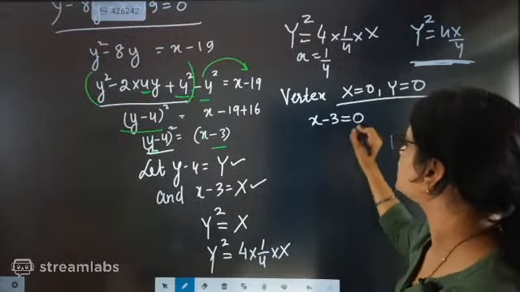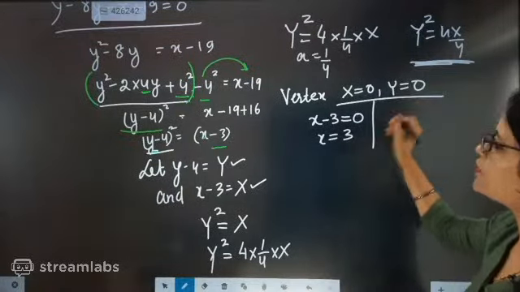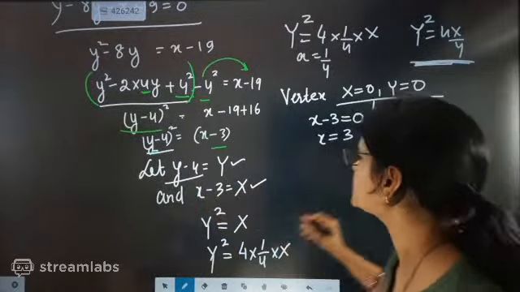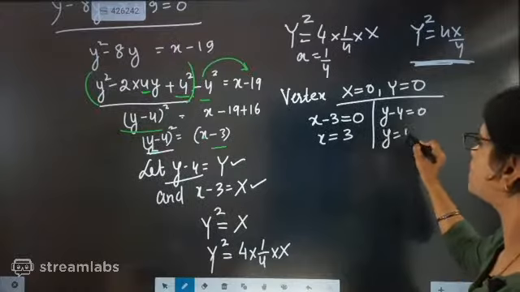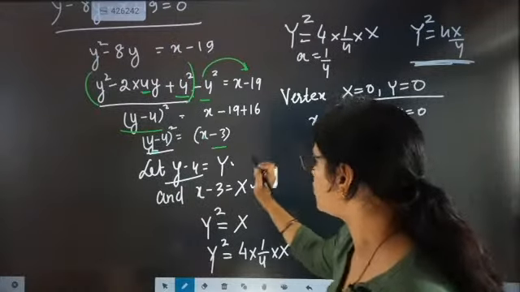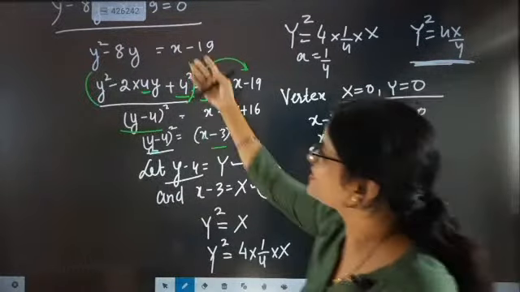X minus 3 equal to 0, so x is coming as 3. Y equal to, what have you taken? Y minus 4, so y minus 4 equal to 0, so y will be equal to 4. So whatever value you had assumed, overall you have to write this equation,